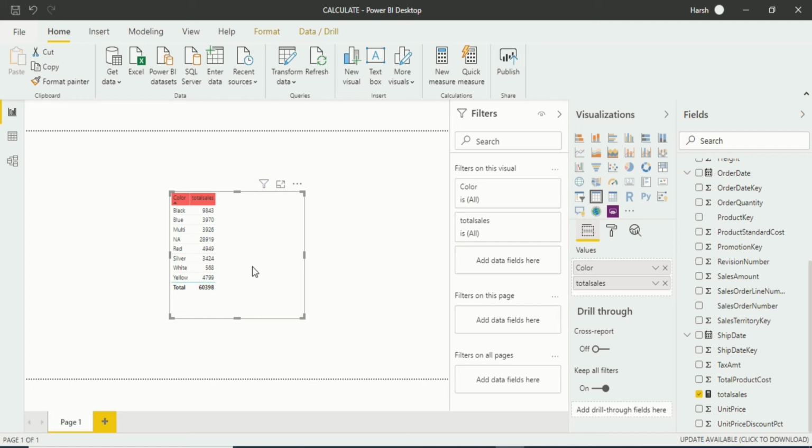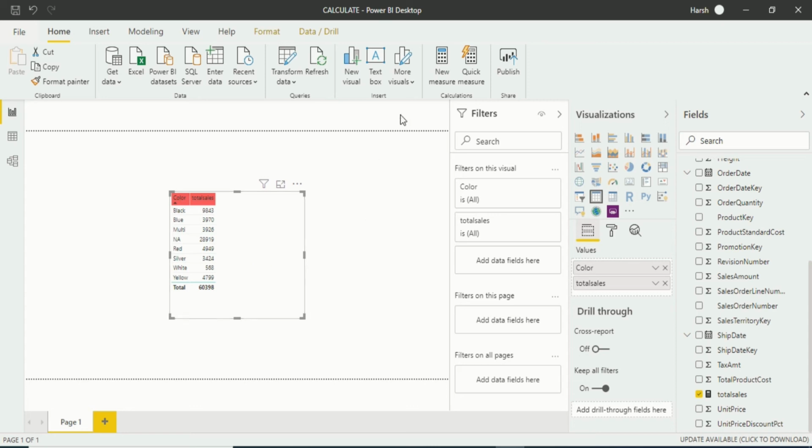But the thing is, we are here to discuss CALCULATE and how CALCULATE plays a role in this. It actually changes the dynamics while seeing the same thing. Like if I am seeing color and total sale here, now I want to look at the sale of one particular color. I want to look at, say, the red color. I don't want to get into anything else, and don't want to look at the sale of blue, black, and everything else. So the change in dynamics requires a change in the measure. So for that we will change our DAX expression.